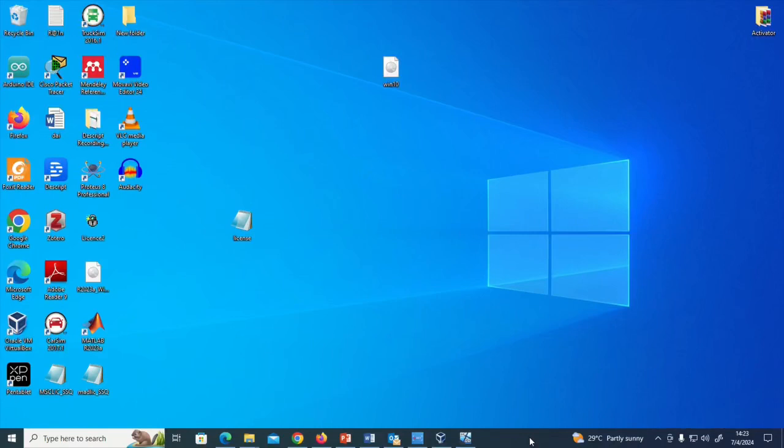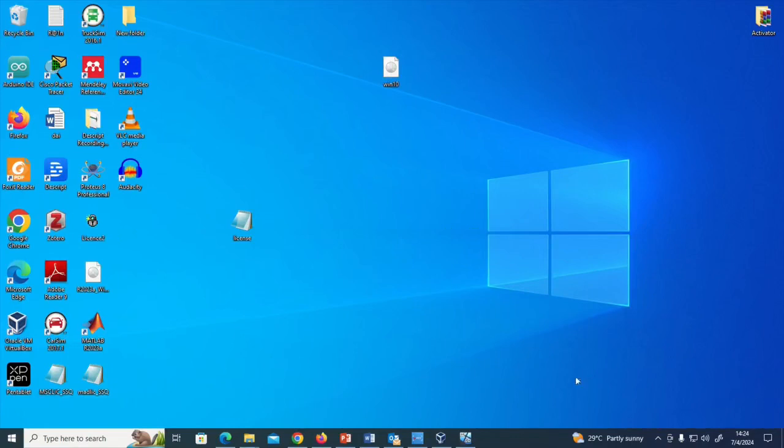Then we have got the notification area. This last part here shows the clock and the date. It shows me other icons like the network, the microphone, and various other icons that I may have chosen to put into the taskbar, right? So, the official definition of the taskbar: it is a long horizontal bar which is usually placed at the bottom